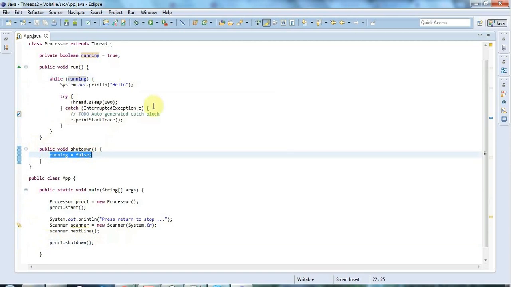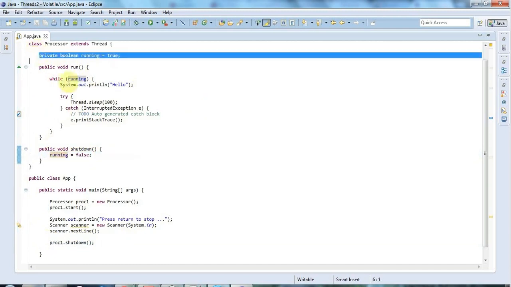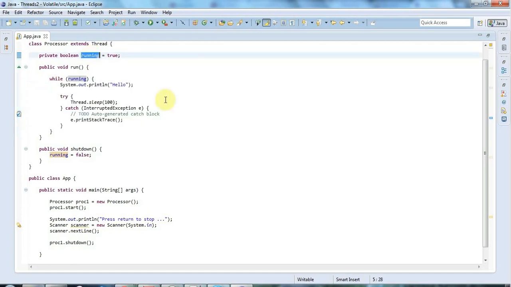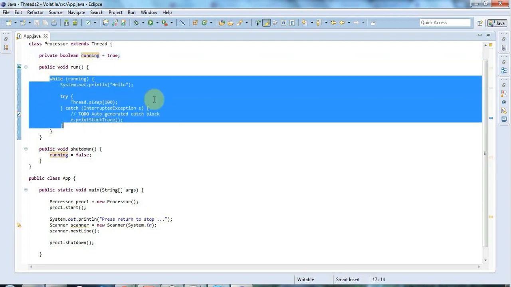But the problem is that when Java tries to optimize code, one single thread doesn't expect other threads to modify its data. So this thread here has its own copy of running, and it's not expecting other threads to modify it. I guess it's not strictly speaking true to say that it has its own copy of running. There's only one running, but nevertheless this thread might look at what's going on in this thread alone and say,